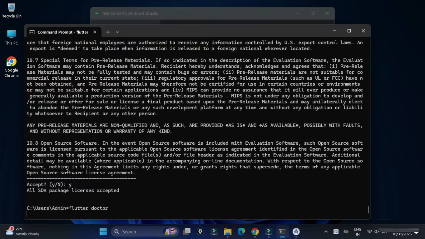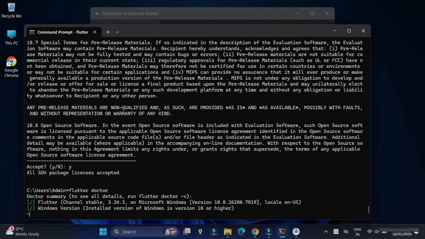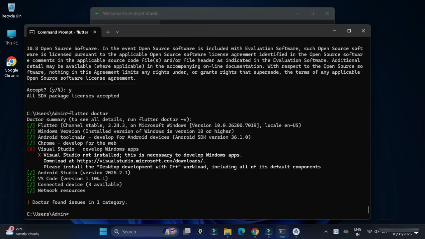So I'm running Flutter Doctor command again. Boom, guys, my Android Studio problem is resolved now, and I'm done with setting up Android Studio. So it's okay for Visual Studio if it is showing any warning or issue. Right, so now what we'll do, we will go to Android Studio, and we will create a project, and we will run the project. So you can create project from command line also by using flutter create command, but I'm not showing through command line. I'm just going to Android Studio, and I'm going to show you through that.